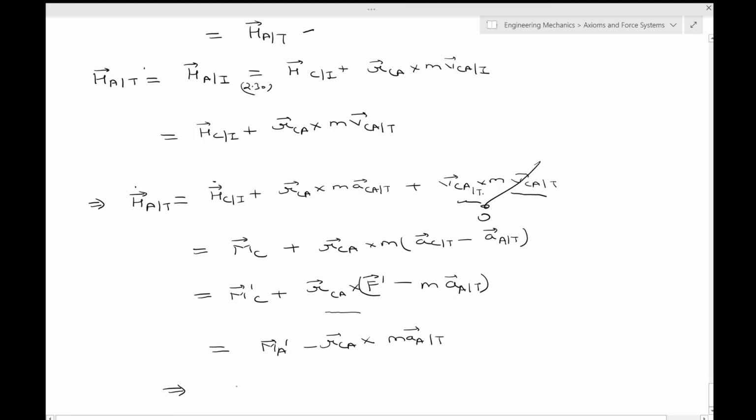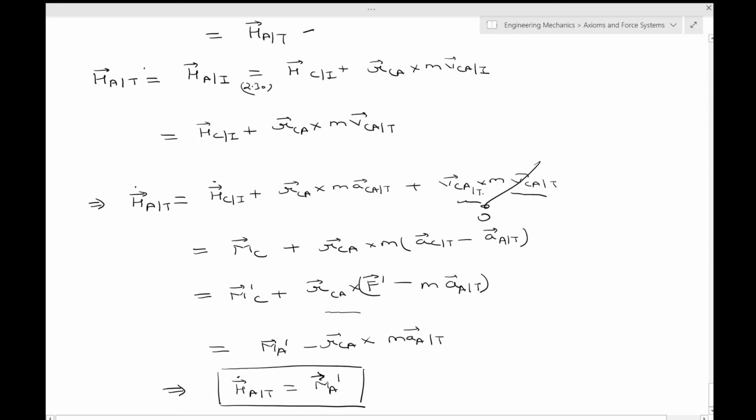This implies that H dot A in the T frame is equal to, so in the translating frame,